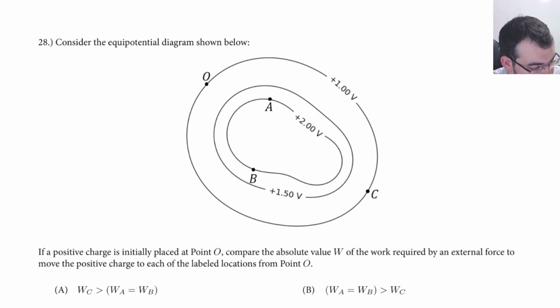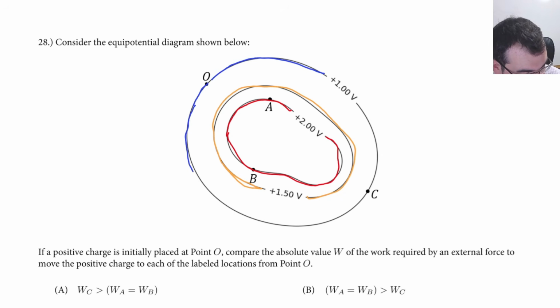So we have these 3 different curves. Now, I always like to color these as well from high to low. So we have high potential. We have medium potential. Bear with me here on my bad coloring skills. I'm trying to get us out of here in a reasonable amount of time. And we have low. All right, so what we want is we're placing a charge at point O that is positive,